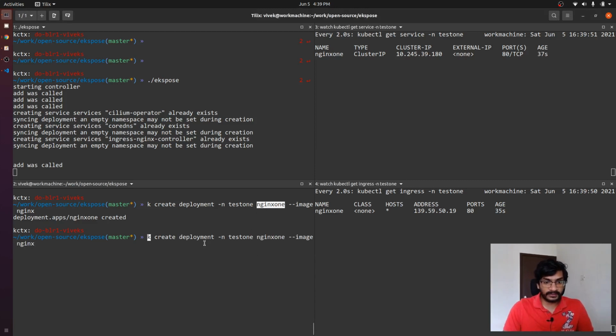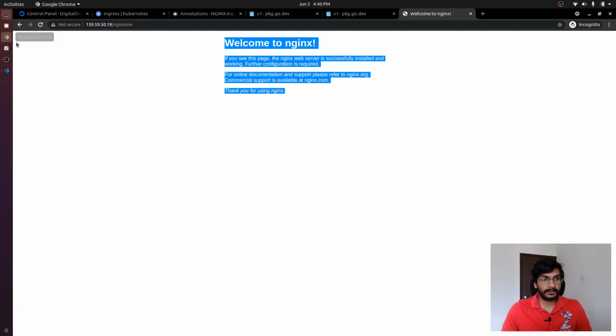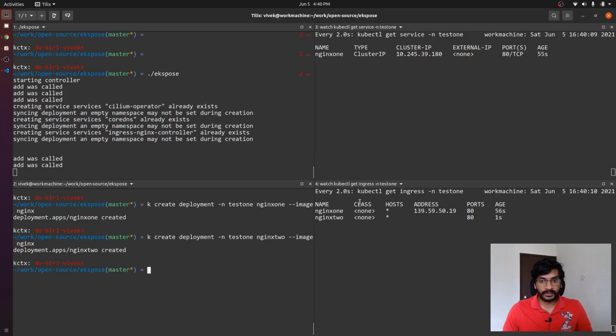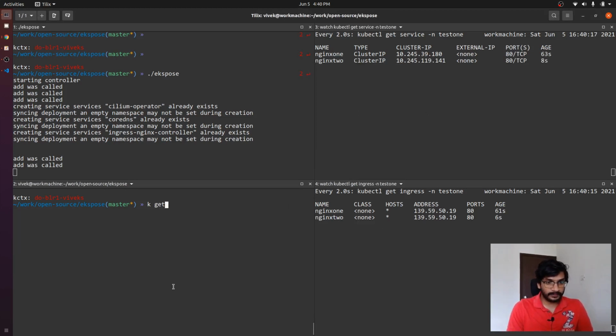But if we deploy another deployment named nginx2, and we make a request to slash nginx2, the request should be forwarded to another pod, the nginx2 pod. So let's go ahead and create that. We should have two services now and two ingress resources. Now if we get all the pods from the test1 namespace,